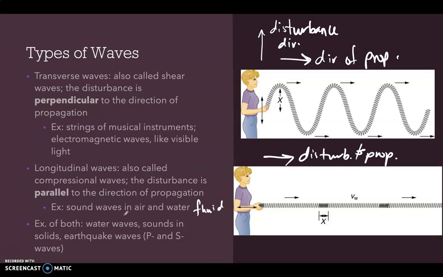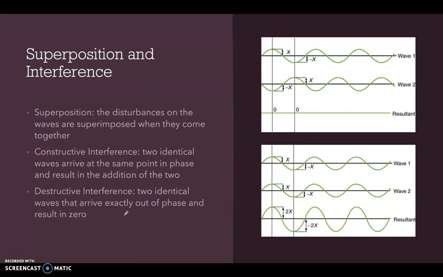So what happens if we have both of these, or multiple waves trying to interact, okay? That's where we get this term called superposition. So we get a superposition of waves, and that is a disturbance on waves that are superimposed when they come together, okay? So superimposing them just kind of means that they're coming together, okay? And we can get two types of interferences when this happens, okay? This is going to be called constructive or destructive interference,